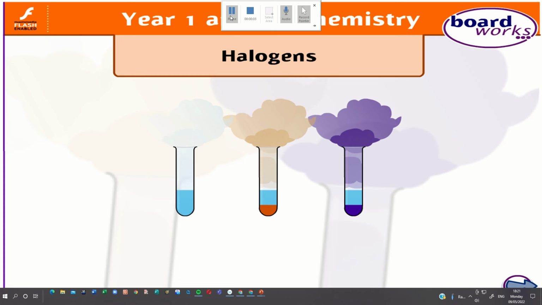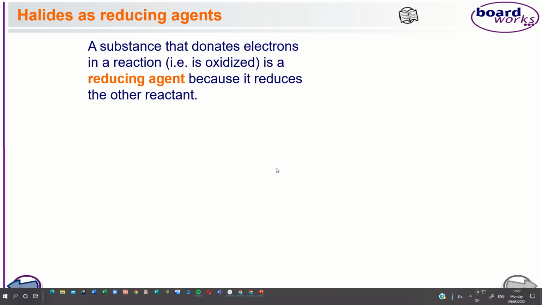Okay, so we're going to have a look at the ability of group 7 to act as reducing agents and to act as oxidizing agents. Now, the first thing you have to really get clear in your head is it's the group 7 halides themselves which can act as reducing agents, and it's the group 7 halogens, not the ions, the halogens themselves, which can act as oxidizing agents. So get that clear in your mind first and foremost, because if you confuse those two things, you really are in a bit of trouble.